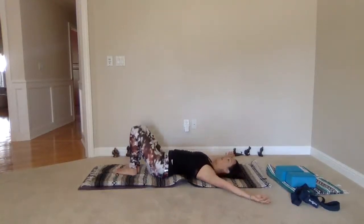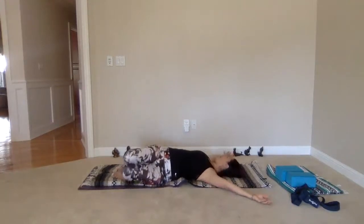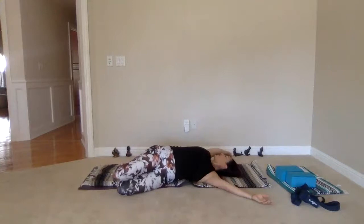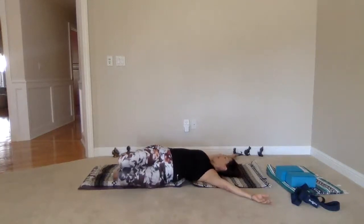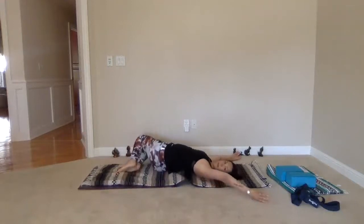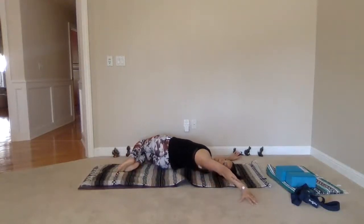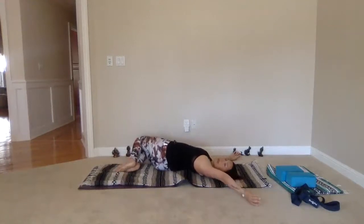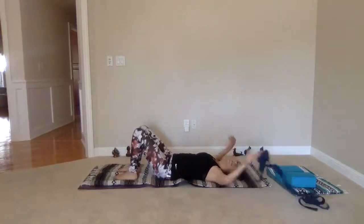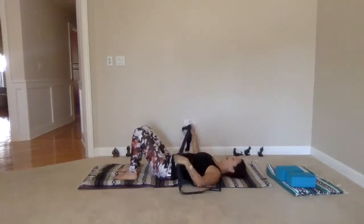Good, one more each side, dropping the knees, extending with the external rotation, trying to bring that palm down, coming back, opposite side, rolling, good, and returning. Good, from here we'll add an exercise with the belt, so if you have one, bring it with you,